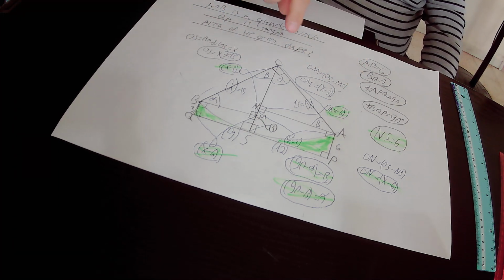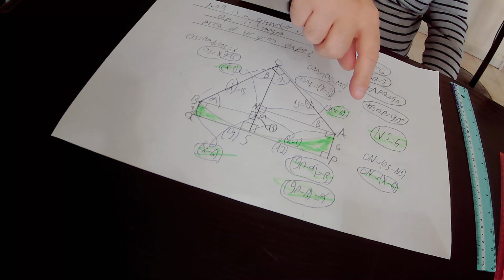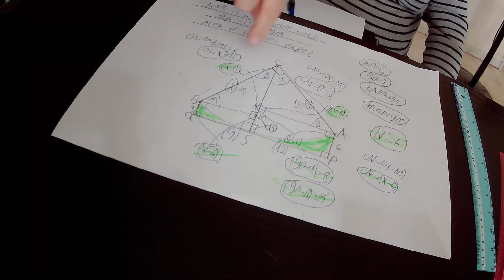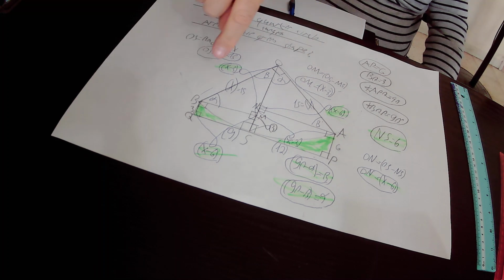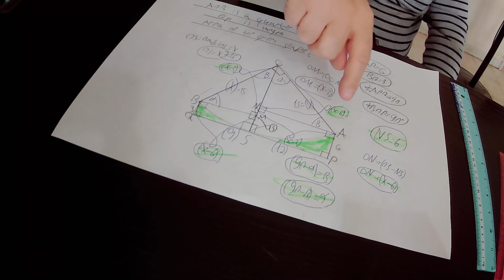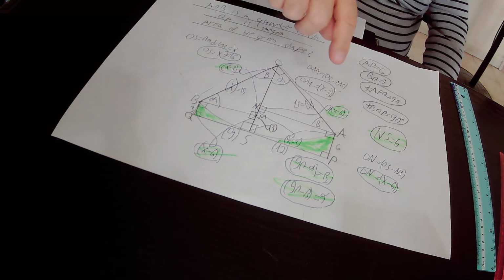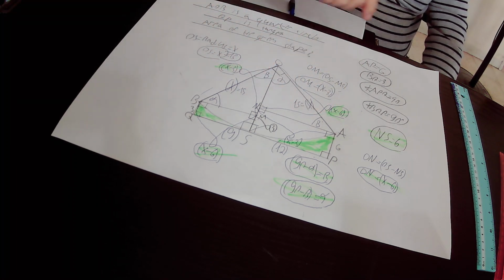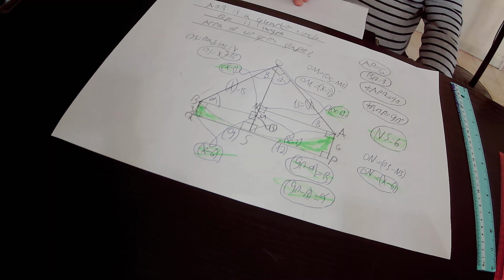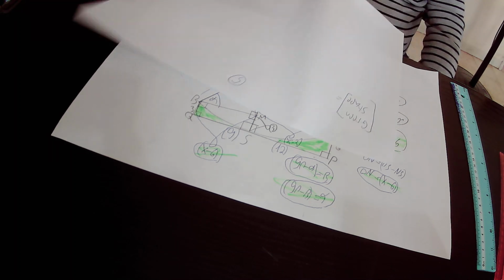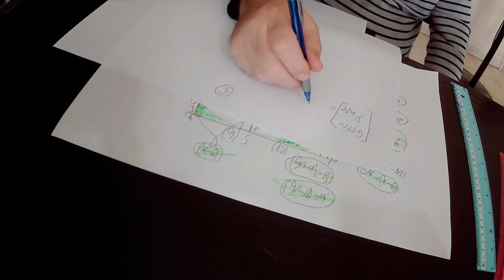Again, the whole area of the big shape AOBQSP minus the area of the quarter circle AOB will be equal exactly to the area of the green shape. So I will write it down. The area of the green shape equals